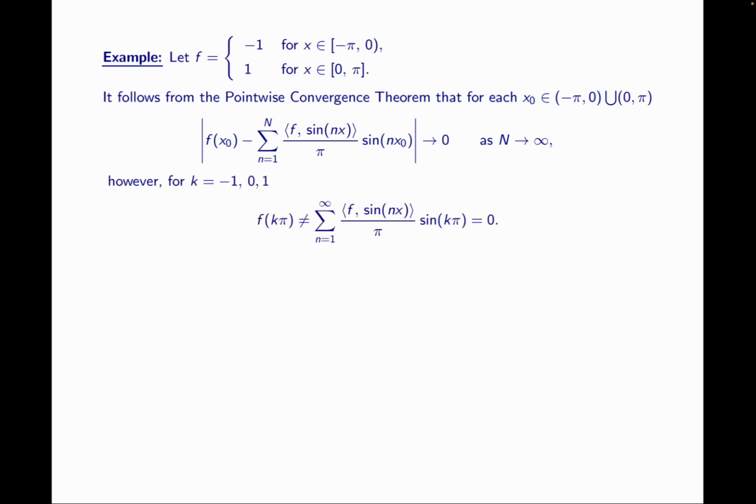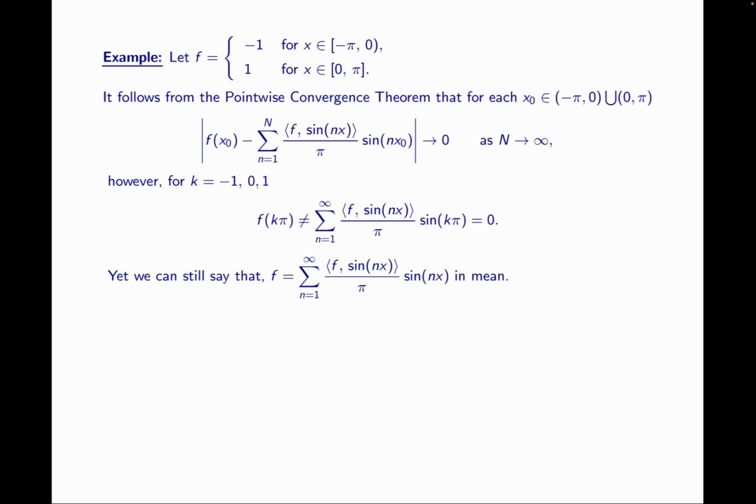However, for f of -pi, f of 0, and f of pi, we don't get pointwise convergence. In fact, we have that f of k pi is not equal to the Fourier series evaluated at that point, because the Fourier series at those points, -pi, 0, and pi, are exactly 0. Yet, even though we don't have equality at every point, we can still say that f